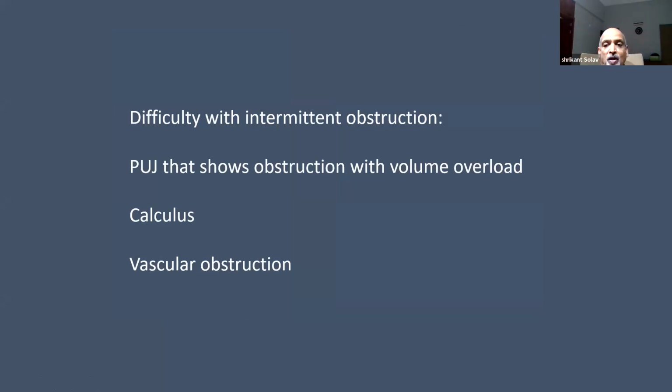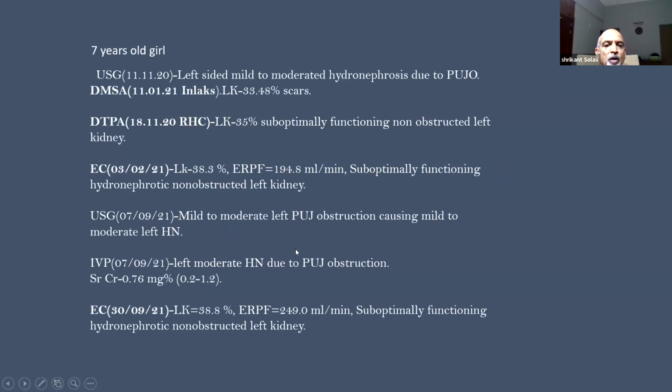Difficulties in intermittent obstruction. This is an extremely important message that I would like to illustrate using this patient, and it can occur in such situations where I just demonstrated one or two cases with obstruction with F-15. The second is, of course, in a patient who has a calculus which is floating, which can intermittently go and block the PUJ and cause obstruction. And the third, of course, is vascular. So here's an example of a girl child who had